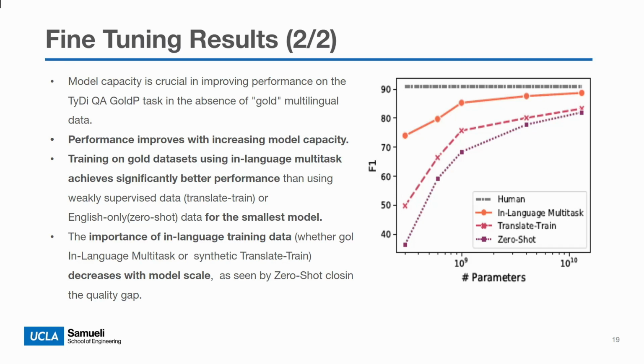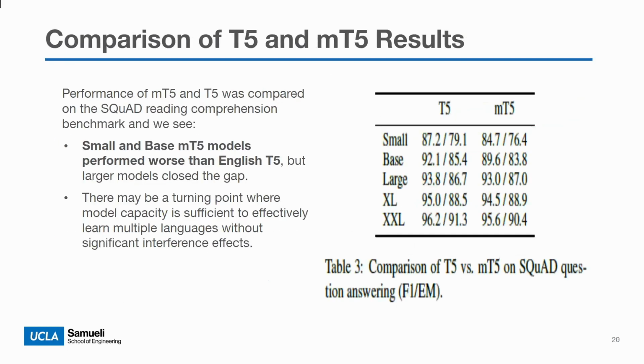We have seen that massively multilingual models may underperform on a specific language compared to a dedicated model, and hence we compare the T5 and MT5, and we observe that the small and base MT5 models perform worse than the English-only T5 model, but the larger models close the gap. Hence, we can say there could be a turning point where model capacity is sufficient to effectively learn multiple languages